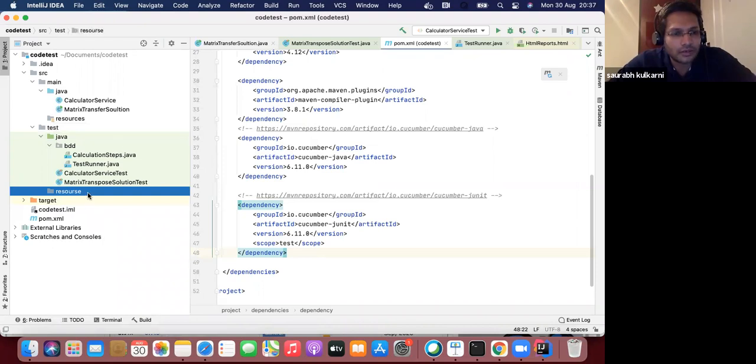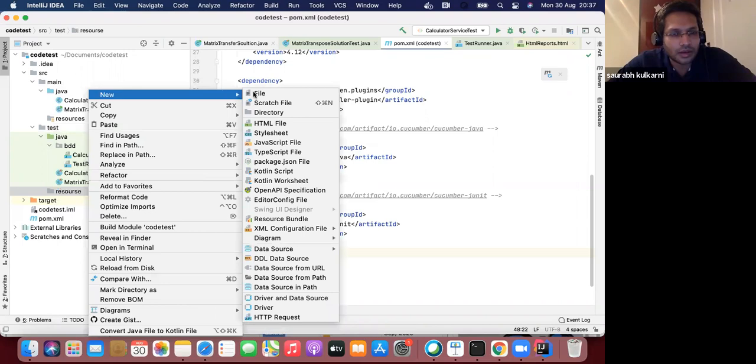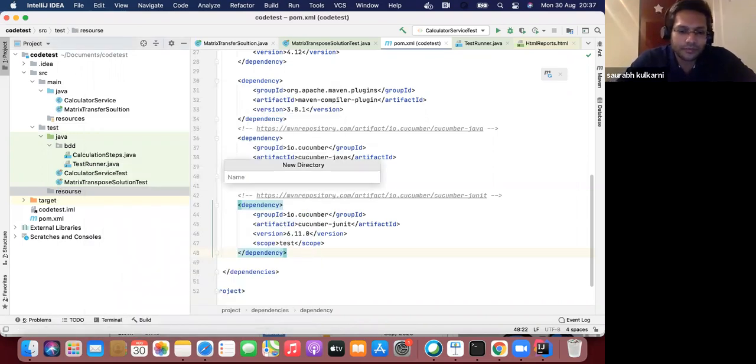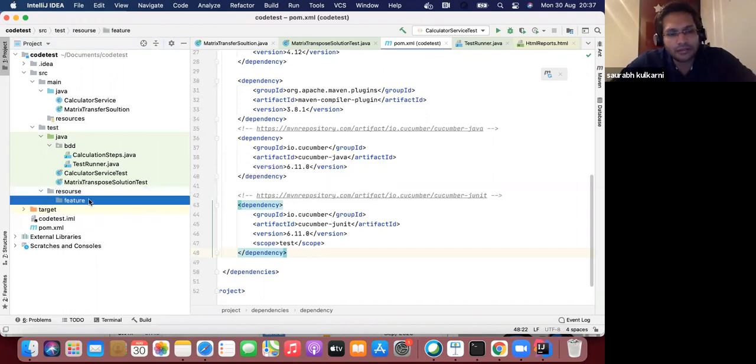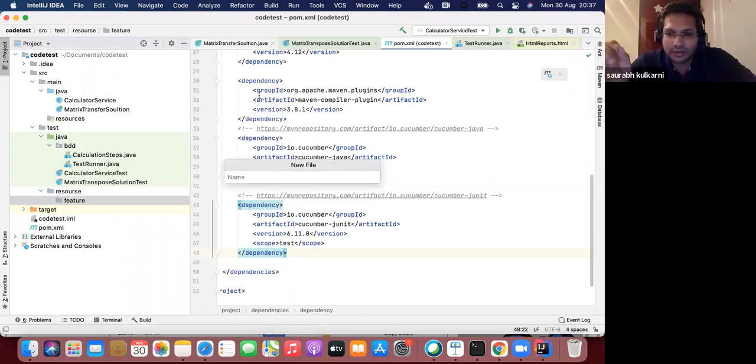And inside the resource, I will create a directory called feature. And inside that, we will just create one file. And what is that file? The feature file. The calculator feature, calculator.feature.